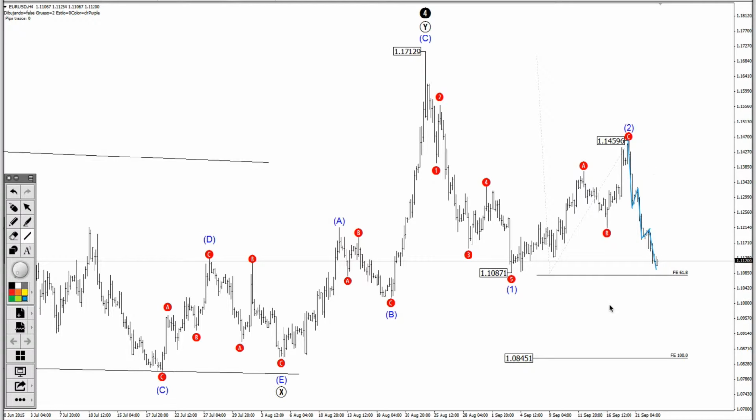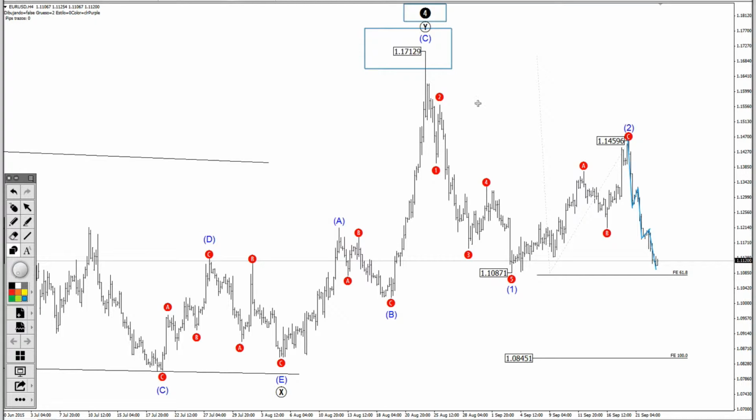So it's hard to say at this point what is the correct labeling within this wave, the divisions, but what is more and more certain is that we have started the larger decline with this wave 3 and also with this whole structure from this high 117.13. So we are now forming the first wave of the third wave of this large decline, and as you can see in my chart,